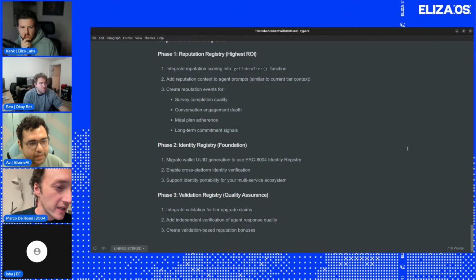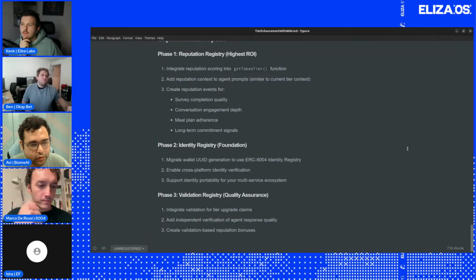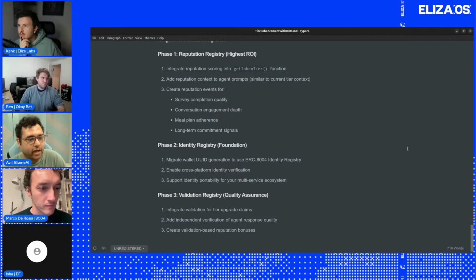Actually, it's the same user who is answering the survey or interacting with the agent. After completing the interaction, they can rate the conversation, just like on any other website, out of 5. Based on this, we can build a reputation. So this would be very helpful for the agent.